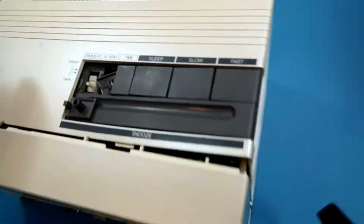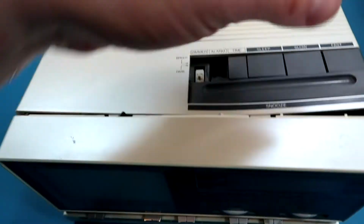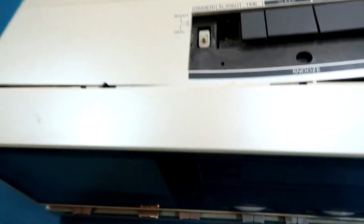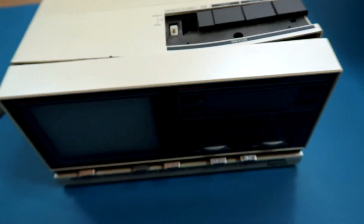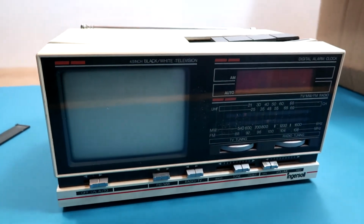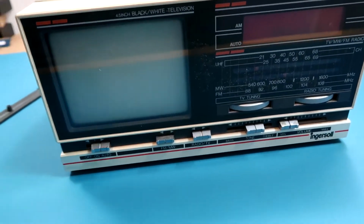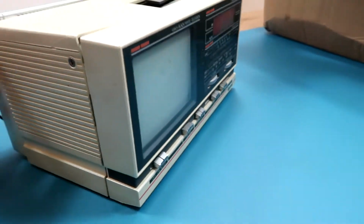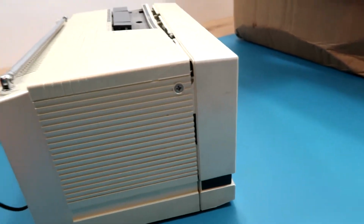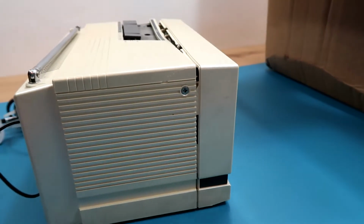And you can see the state that this is in. Oh, so half of these buttons were actually fallen off. Yeah, these are missing. That's loose. It's one of these really old little TV radio alarm clock things. I just had another stupid idea that I wanted to do. And you can see it's been completely trashed, and it's a real shame because it was actually in pretty good condition